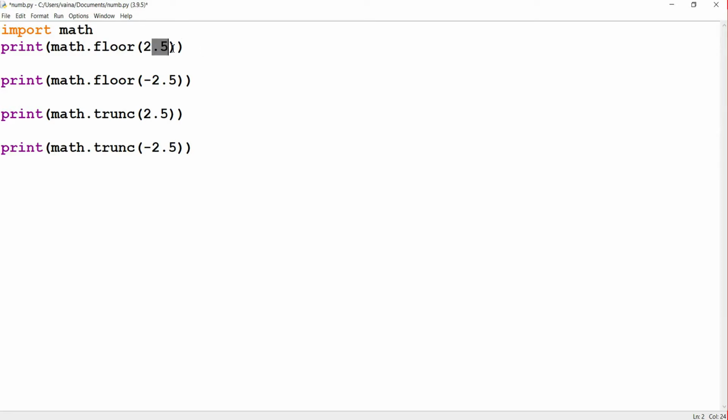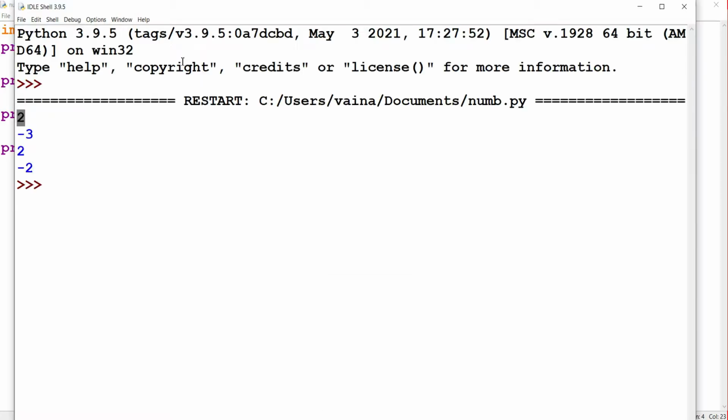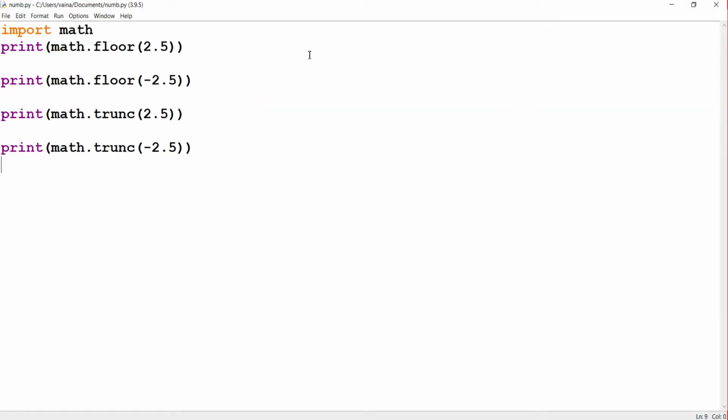So the 0.5 is truncated and we get 2. For the negative number, minus 2.5, the lowest value is minus 3, since minus 3 is lower than minus 2.5. So minus 3 will be the output of the second one. When we run it, we get the first as 2 and the second as minus 3.